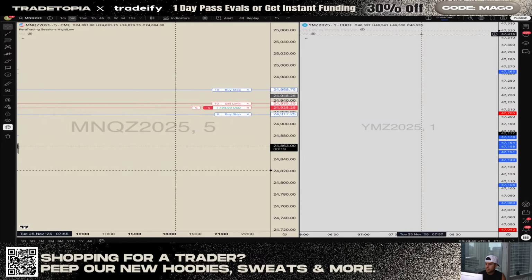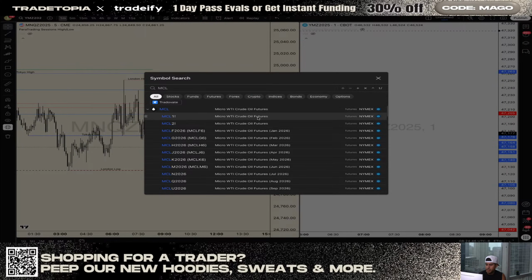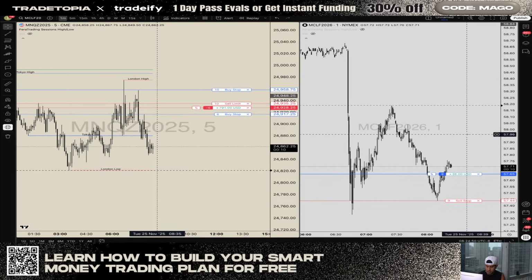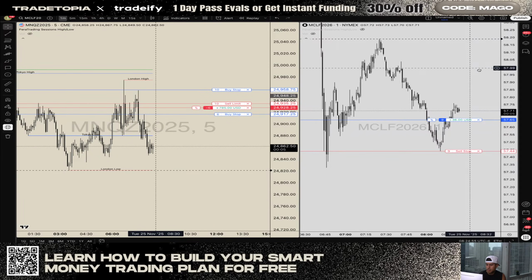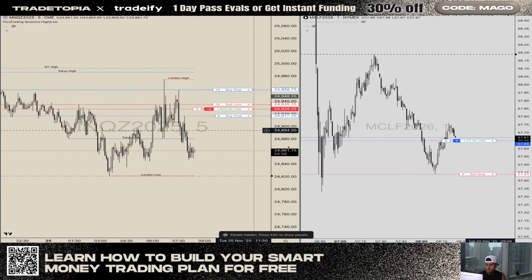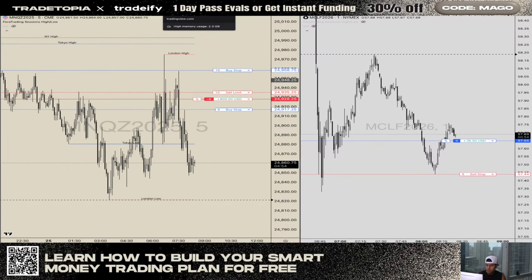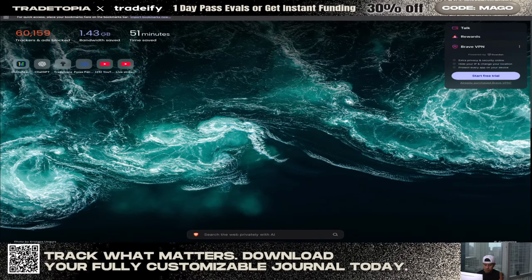Let's do this here, so you guys can see both the trades that are active. 5 minutes out. While we're waiting for that, let's pull up